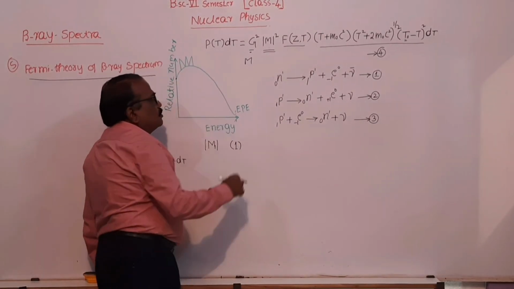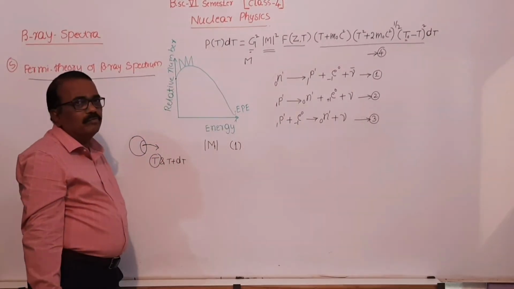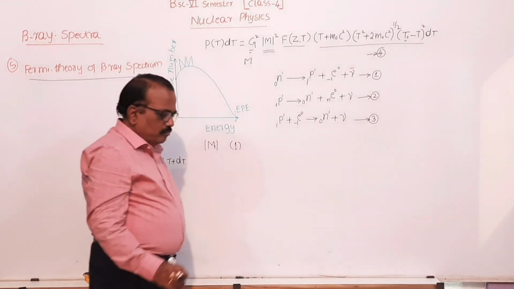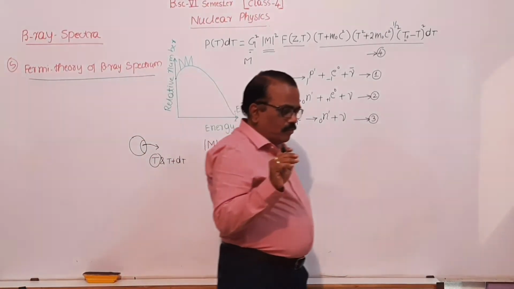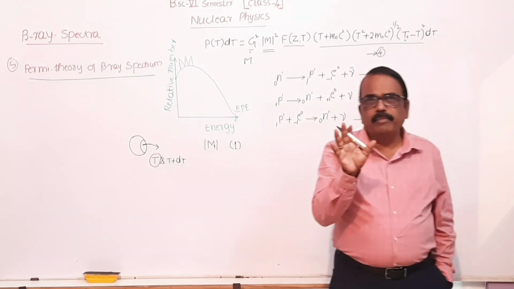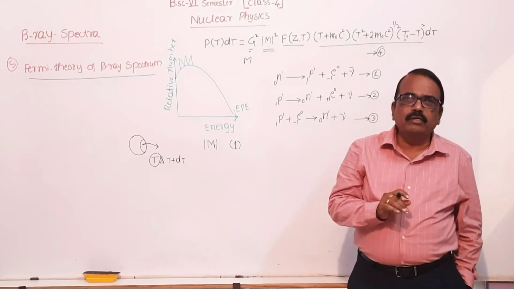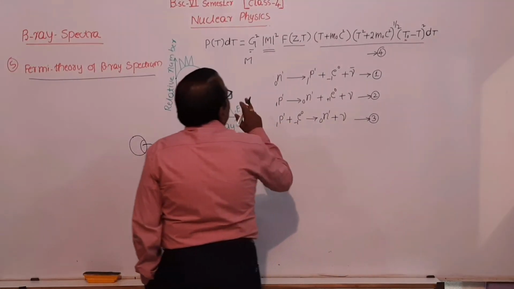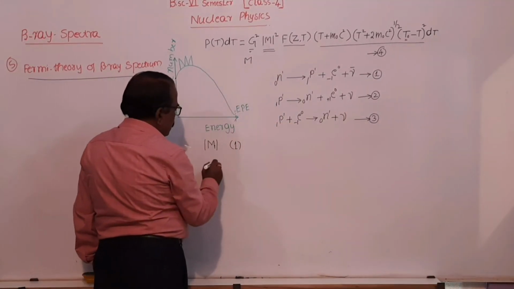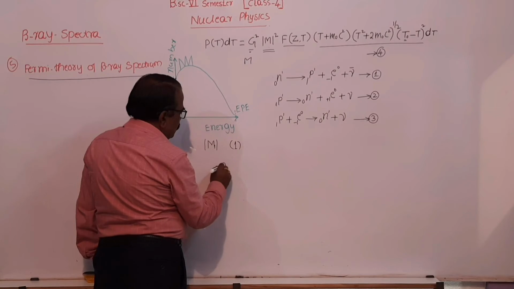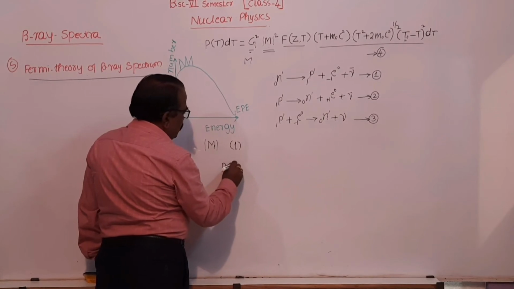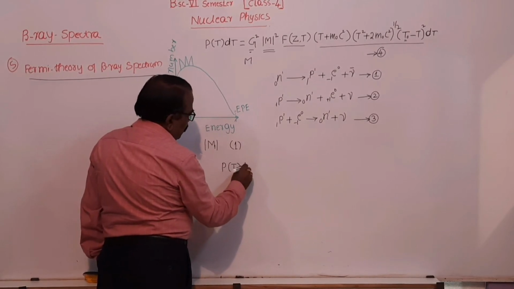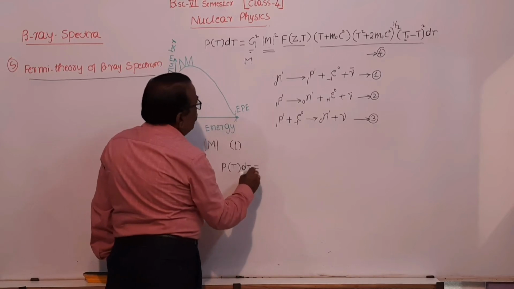That wave function is considered as 1. Then for elements of low atomic number Z, the allowed transition gives P(T) dT equal to